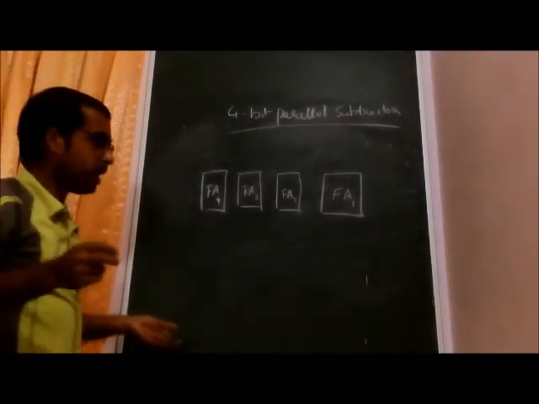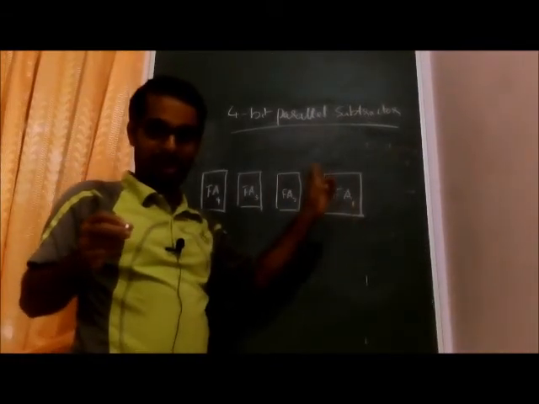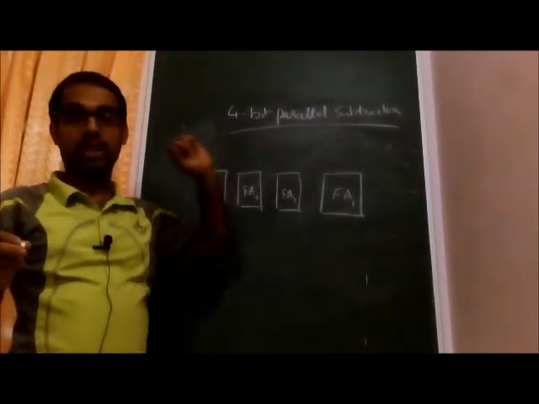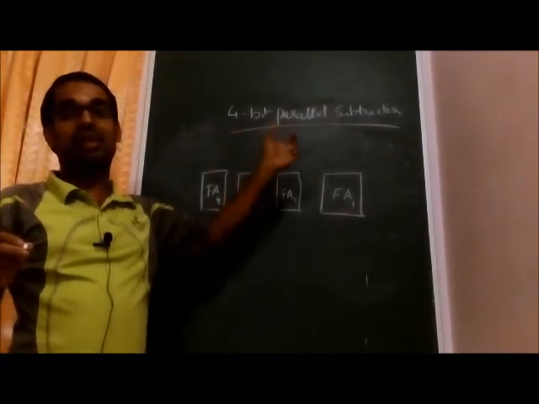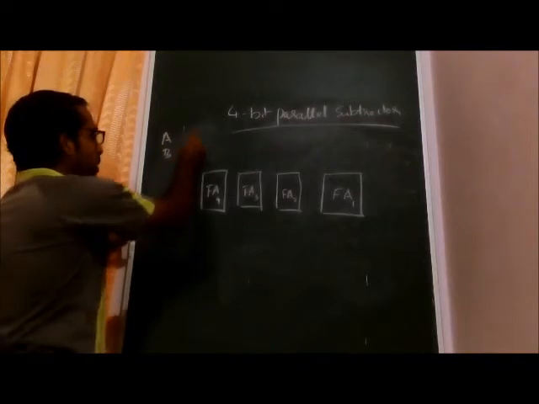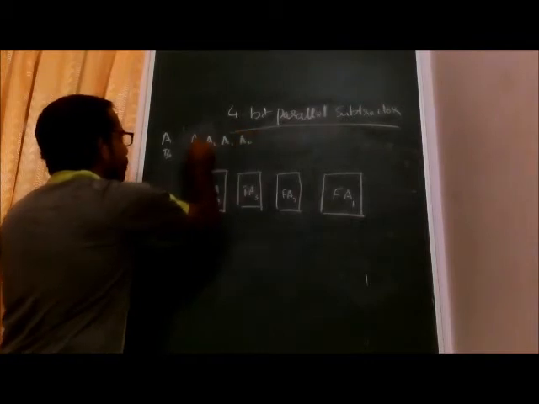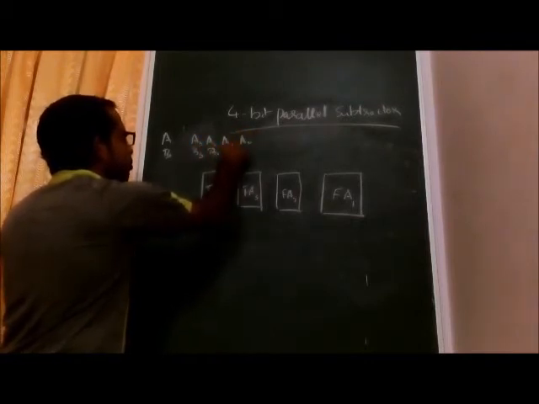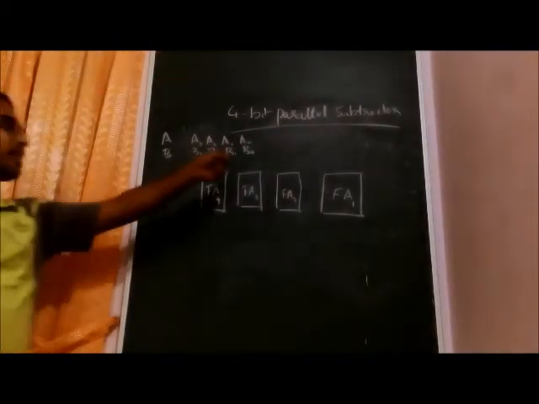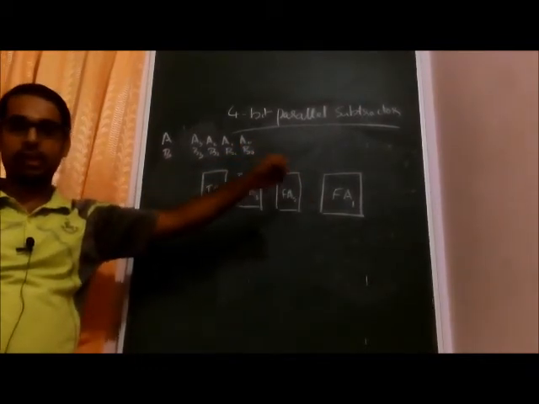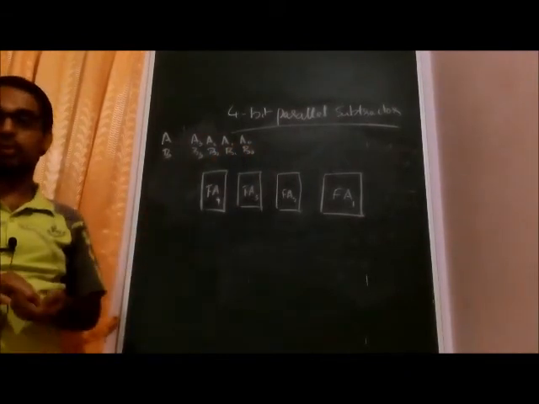For the first full adder there is a difference, because in this case we are doing subtraction. So how do we do that? We take the complement of the second number. If A and B are the two 4-bit numbers, we can represent them as A3, A2, A1, A0 and B3, B2, B1, B0. For the second number we need to take the 2s complement and add it. So if we want to use the full adder circuit, we need to take the 2s complement of this number.